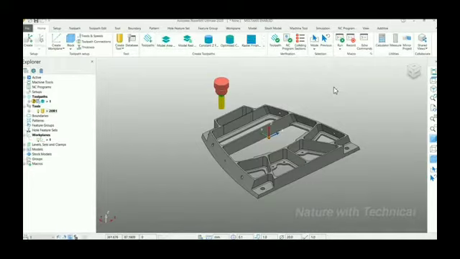Customizing the status toolbar really helps the PowerMill user to easily view the parameters of the activated toolpath rather than opening the toolpath form one by one. For example, if the user is interested in viewing the step over and depth of cut of a particular toolpath in the status toolbar, the user can customize this information in the status toolbar.